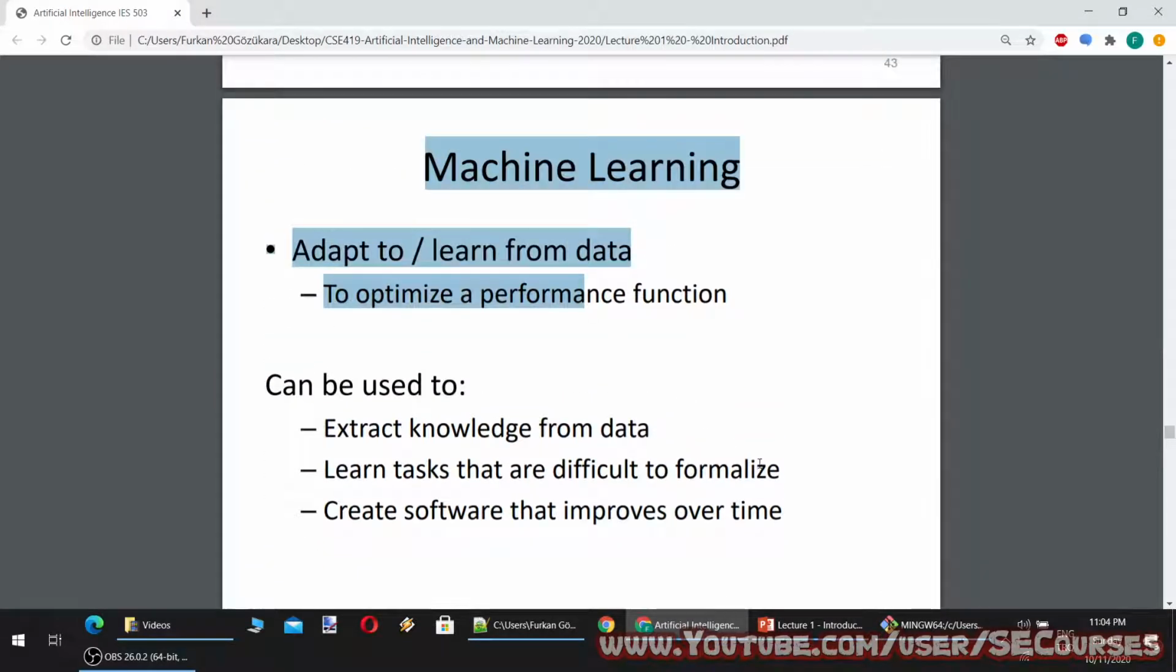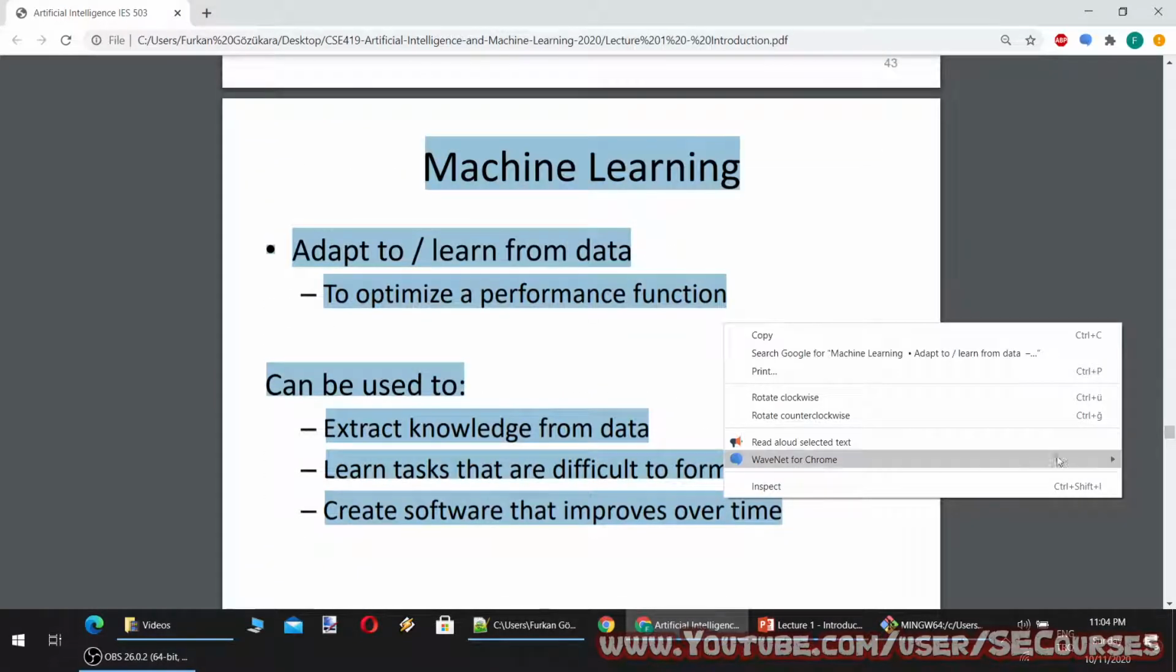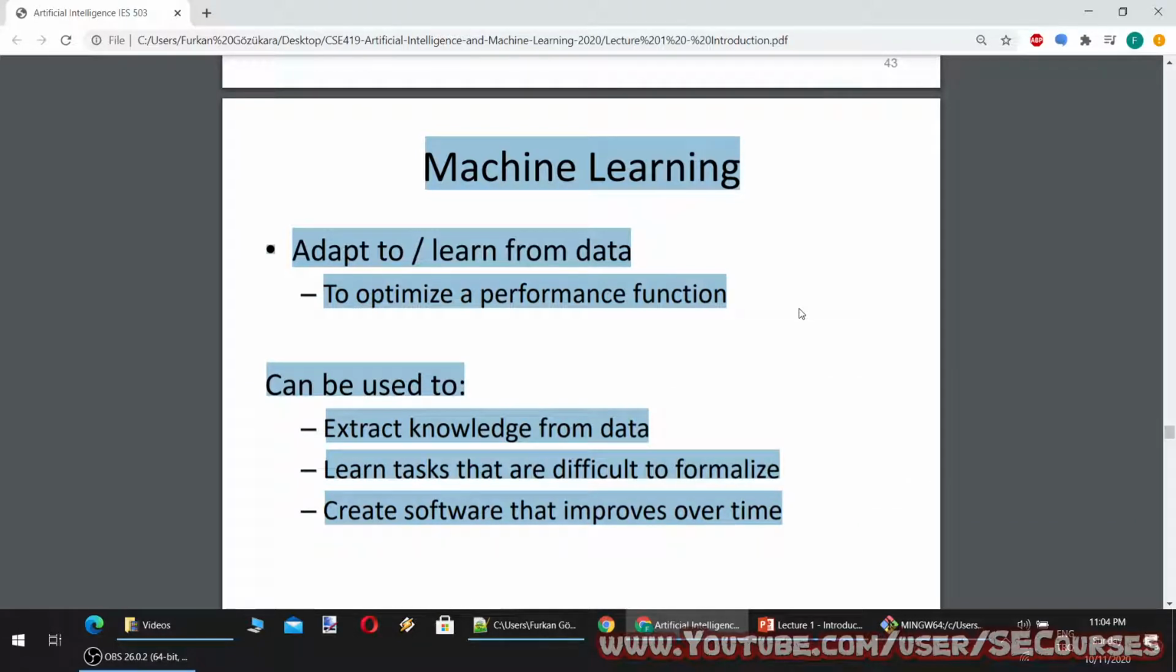Okay, machine learning. Machine learning adapts to and learns from data to optimize a performance function. It can be used to extract knowledge from data, learn tasks that are difficult to formalize, and create software that improves over time. So we have seen that there are many